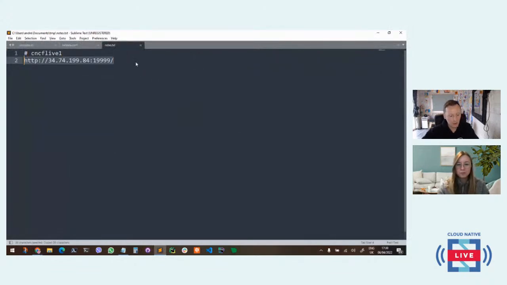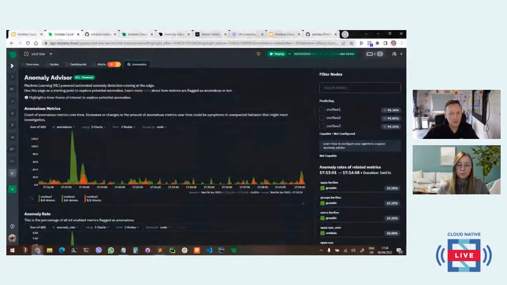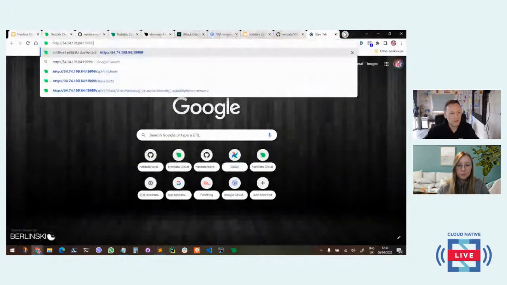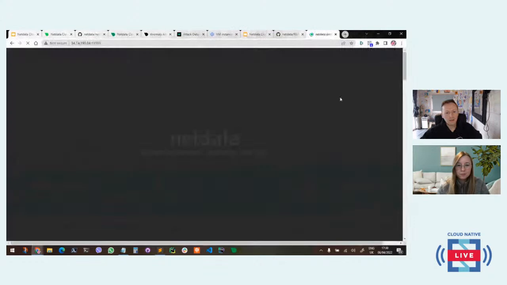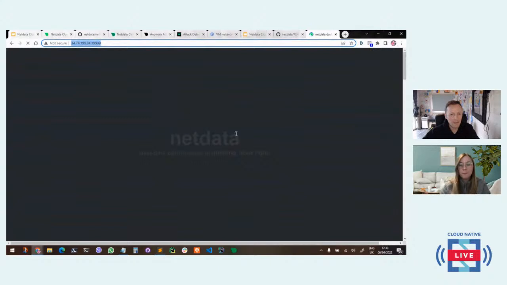I have an app running on this node, and I'm going to kill these VMs afterwards, so I don't mind anybody seeing the IP. That was one thing I was going to do. If people want to connect to this, they can. I'll stick it in the chat. Maybe that was a third demo, for people to come in here and have a look at the Netdata dashboard, and we could see how that played out. But first, what I'll do is